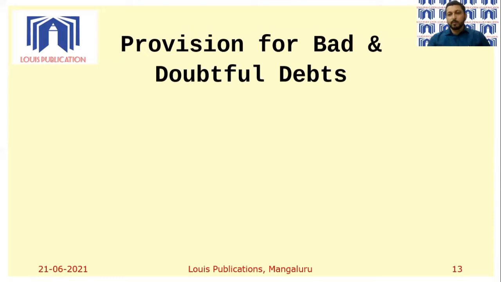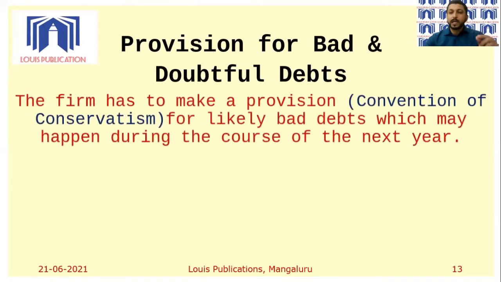Good debts, surely it will be received. Doubtful may or may not, but the business is not aware, is not clear as to which debtor's debt is doubtful. A debtor is not going to come and tell a business, please record my debt in the list of doubtful debts. No. It is the business taking the initiative by making a provision for bad and doubtful debts. And this provision for bad and doubtful debts is an outcome of the application of the convention of conservatism.